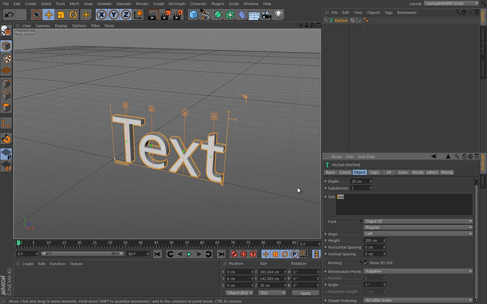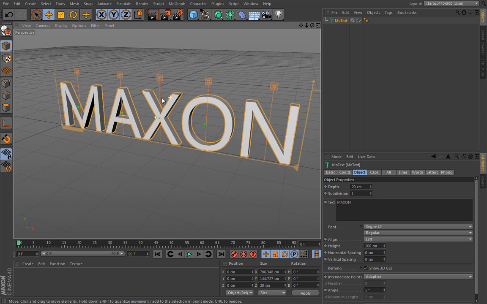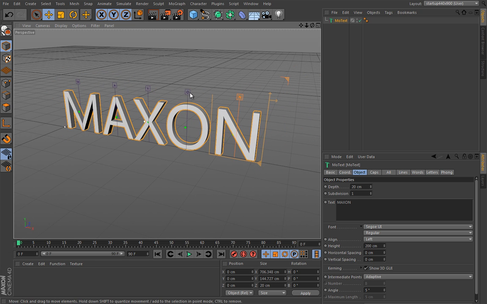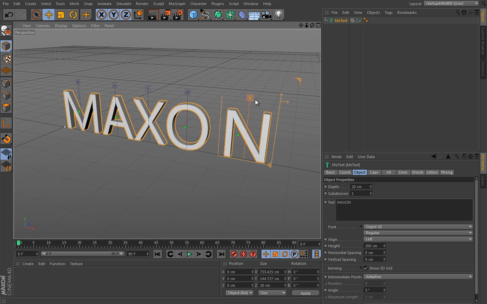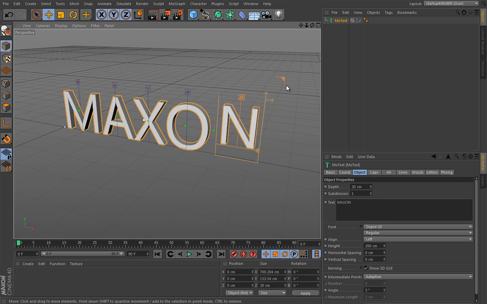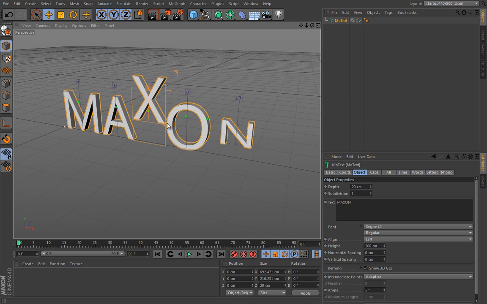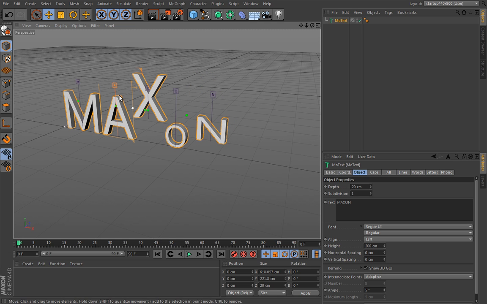So let's type something meaningful. So Maxon, and you can select any of these characters via this gizmo and adjust it as you wish. So you can move it like this from side to side, you can pull it upwards, you can scale it with this little gizmo, you can scale it non-proportionally like this, and of course do that with any other letter you want. So this gives you a lot of creative freedom,